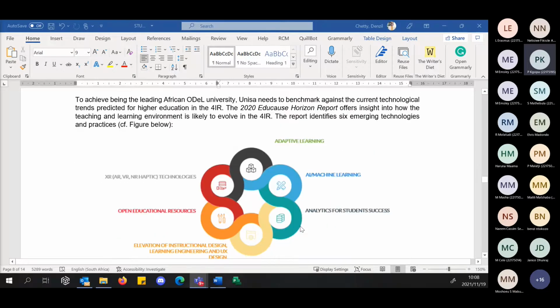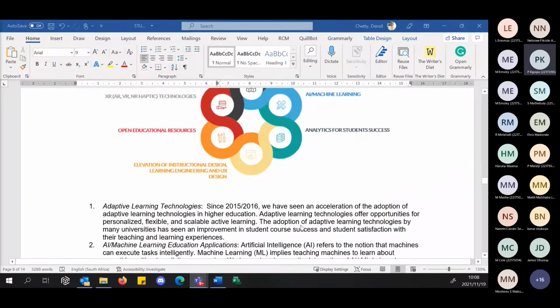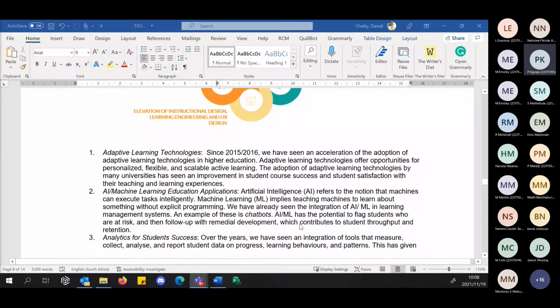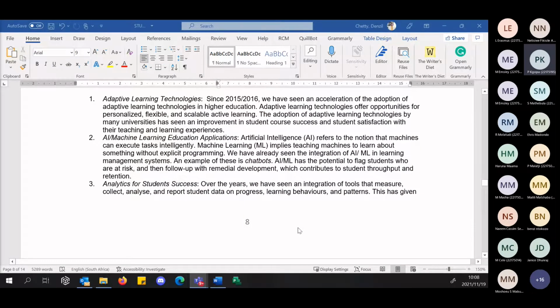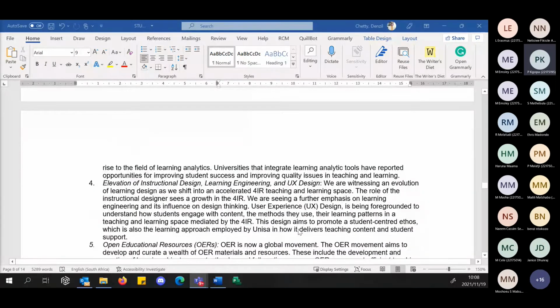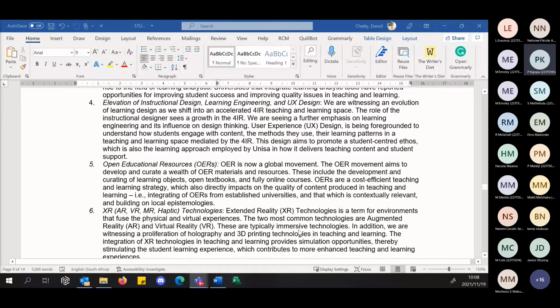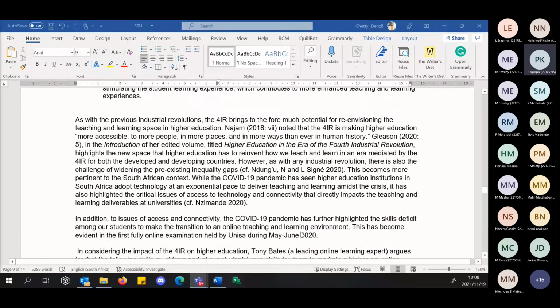And here I start this particular session from that report on identifying the 6 emerging technologies. We've discussed the 2021 Horizon report, but this reflects on the 2020 Horizon report, where we spoke about machine learning, analytics for student success, instructional design, open educational resources, XR, etc. But now here I want to take the discussion back home. What does this mean for us?